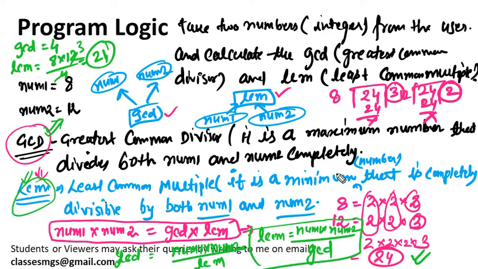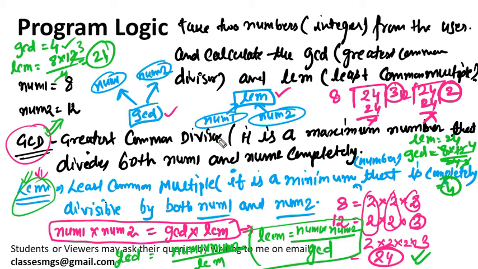If you write the Python program to calculate the LCM, let's suppose LCM is given as 24, and then you can calculate the GCD. GCD will be what? Number 1 into number 2, 8 into 12 divided by 24, then it will be 8 times 3 is 24 and 3 times 4 is 12, so GCD will be 4. So GCD will be 4, here it is. So if you know the GCD, then you can calculate LCM. If you know the LCM, you can calculate the GCD very easily.